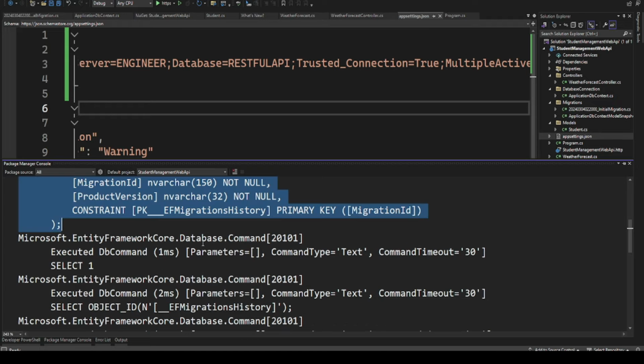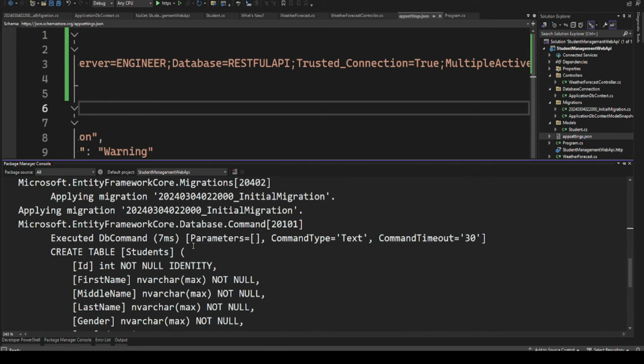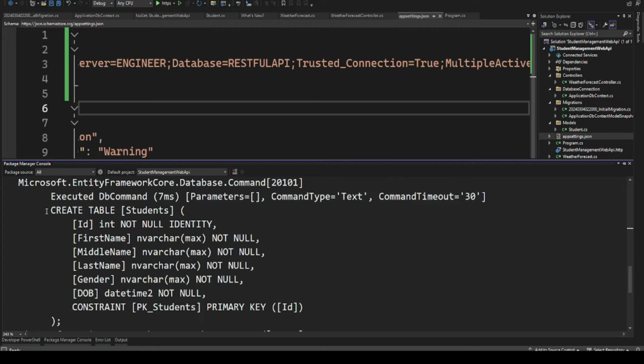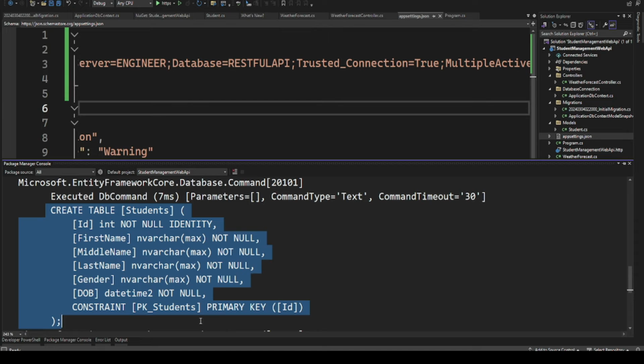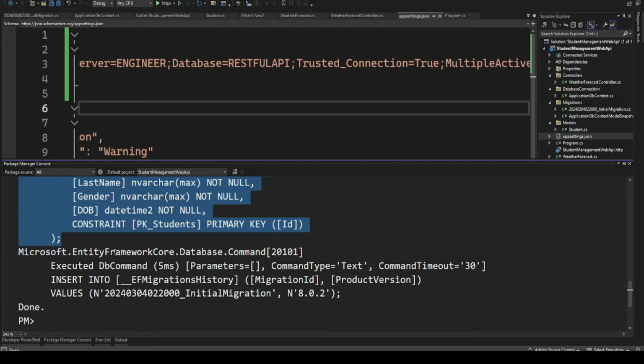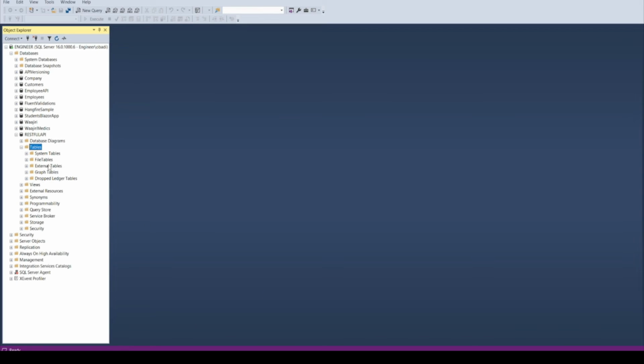SQL commands that you can tell. So here are the statements, I mean. Here we have the create table students, ID, first name, last name, gender, and even date of birth with our constraint. If you copy this code, you can actually execute it and our table will work. But now this has been done for us. If you go to our tables and refresh, we should be able to see our students table and our EF migrations history table. Our EF migrations history table tracks our history of migrations, but now we have our students table with all